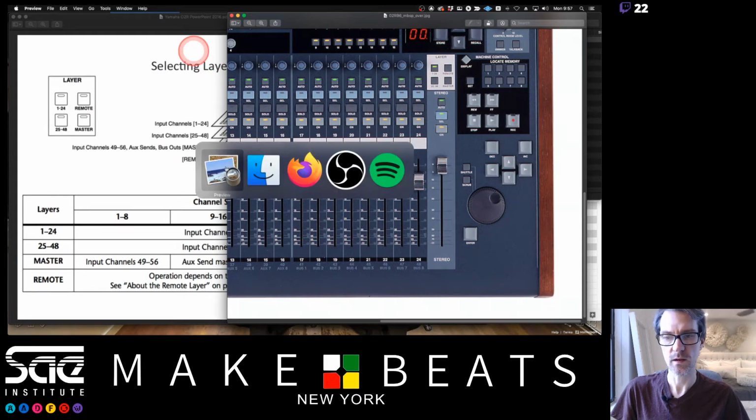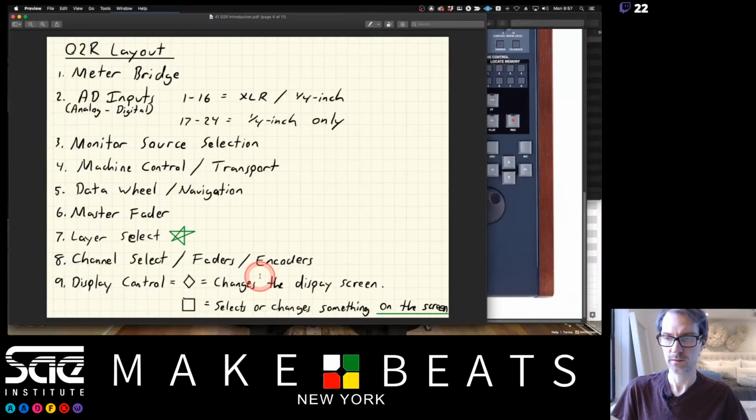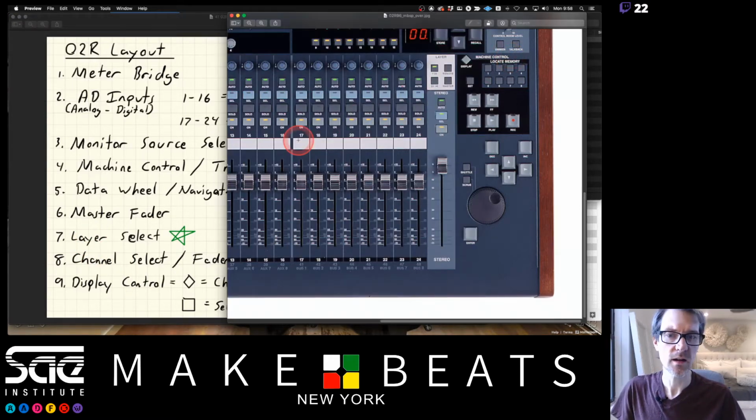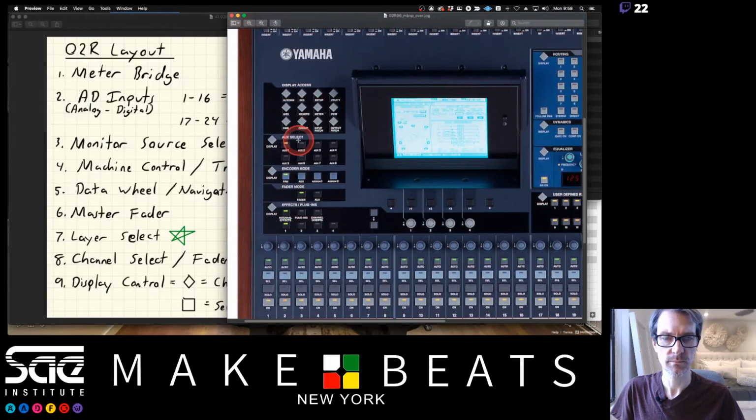So if I go back here and I look at this one here, we just talked about number 7 and number 8. Number 9 is over here. It's our display control section, this area up here. And this kind of brings us to something else I want to point out on the O2R, and this kind of helped me when I was learning about the O2R and how to use it, is that the buttons have different kind of